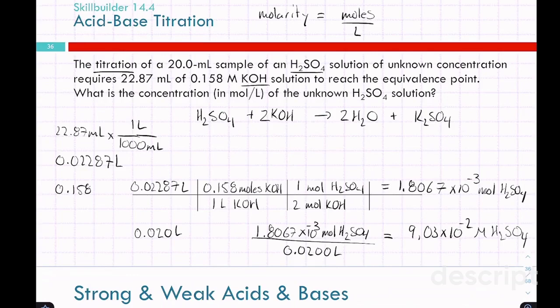It's important for a titration problem to use the initial volume of your unknown solution, because that's the one that's representative. Usually it's out of a batch, right? So you've got, let's say, a jug of sulfuric acid of some unknown concentration. You pull out a small sample of that and you test that small sample. After you've done the titration, you've added more volume to it. You don't care about that extra volume because changing the volume doesn't change the number of moles of